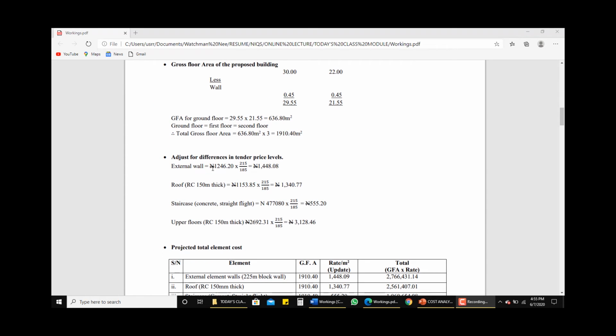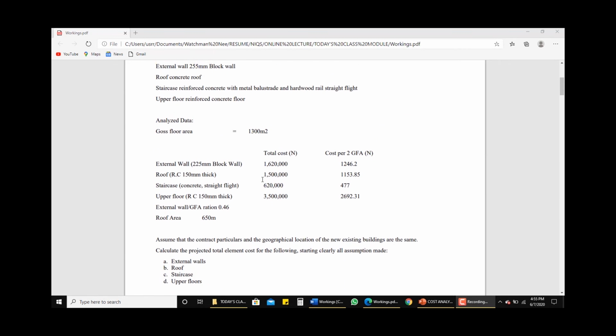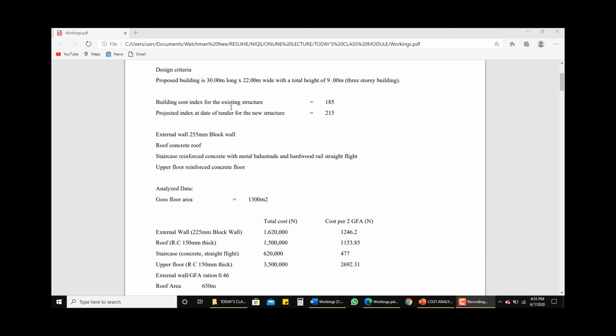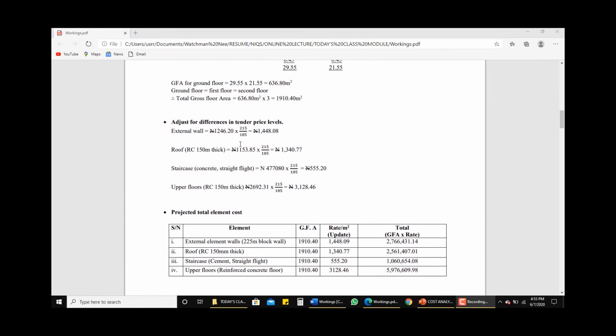So for that cost per square meter for the external wall, what we do is that we have 215 for our cost index, the projected index at date of tender for the new structure, and the building cost index for the existing structure is 185. So what we do here is to say